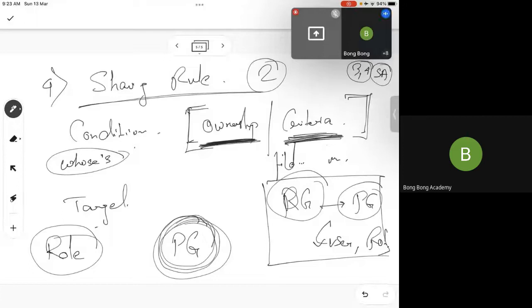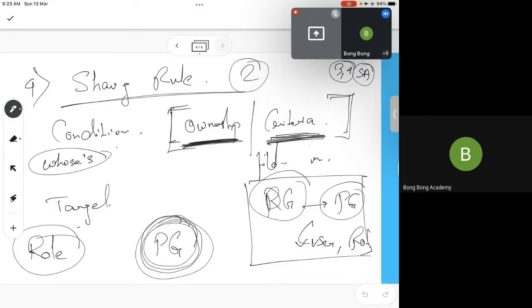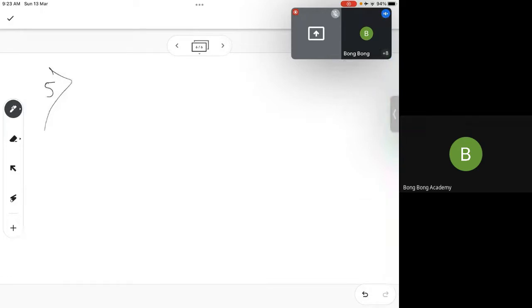Any question on sharing rule? So we have discussed 4 sharing methods, right, till now. The 5th one. These methods are the most important ones which you will be using regularly. 5 will be very rarely used. The first 4 would be most importantly used. 5 will be rarely used, but you have to know about 5 also. There are other sharing rules which I will mention, but it is advanced sharing, so we will not discuss it in detail. This is the last option which we will discuss in detail.